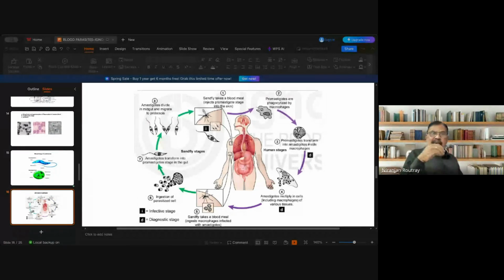Ulcerative means lesions from which fluids come out, with a raised border and central depression, which might be covered by crust. Crust means when it becomes dry, a dry hard covering on top, that is called crust covering. Some lesions persist as nodules, and usually they are painless, but sometimes they become painful.